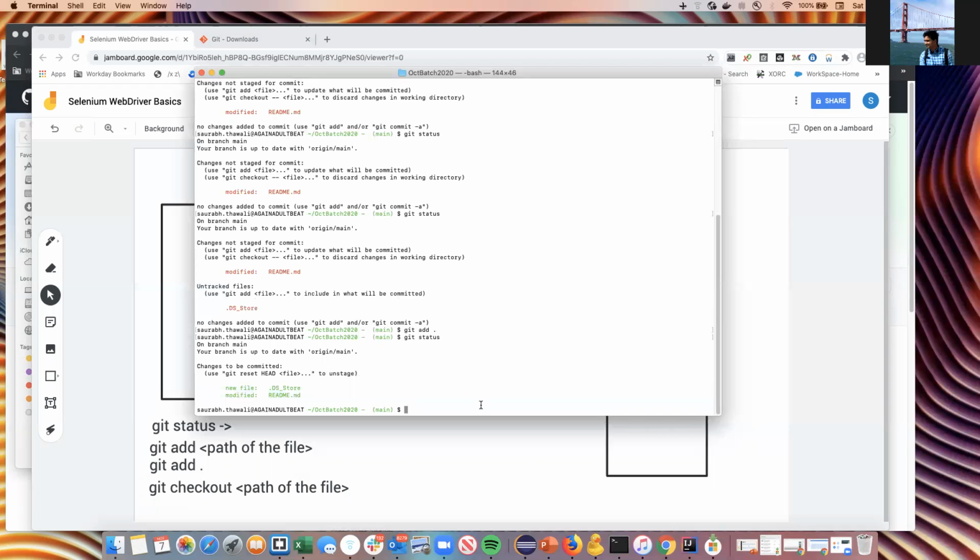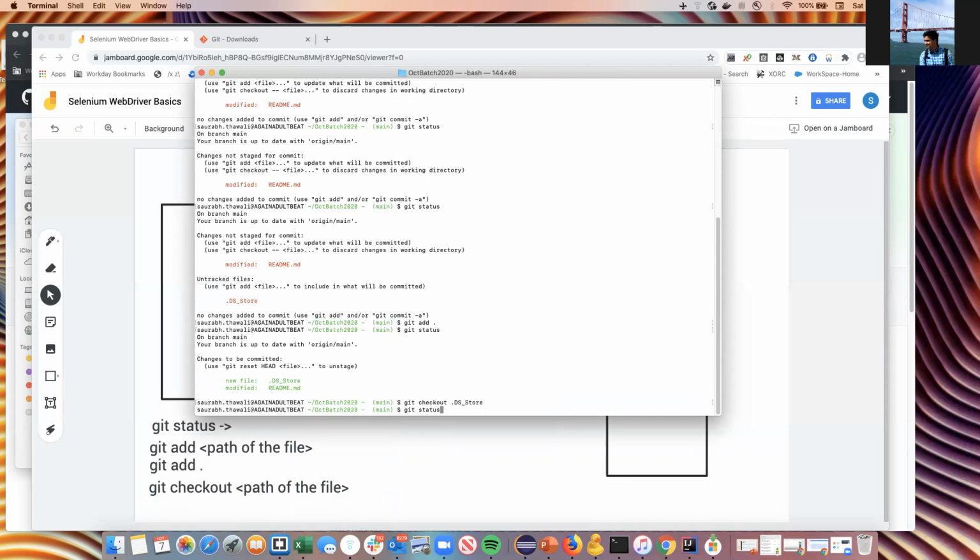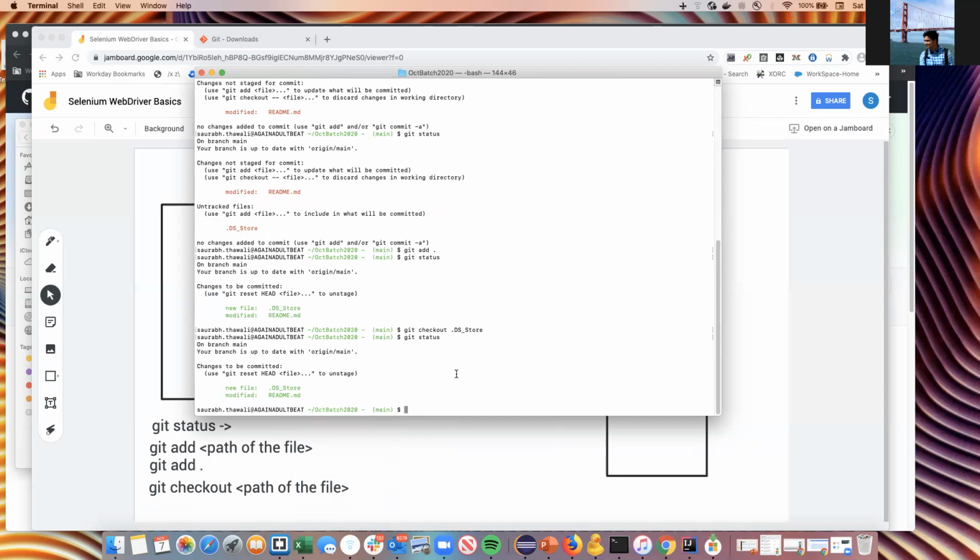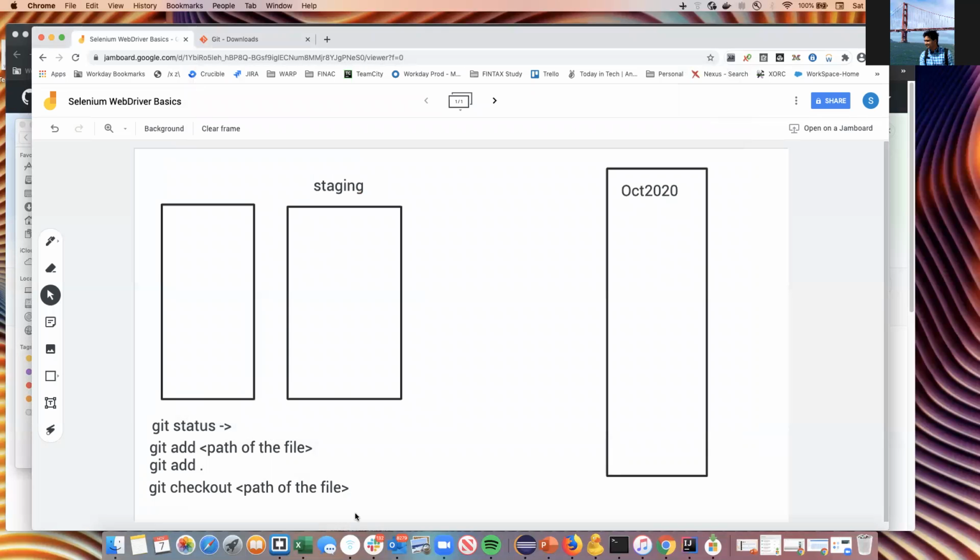If I want to ignore any of these files, then again I'll say git checkout, and because I am in one repository, I'll say dot. Sometimes here it will be a path. Then if I again do git status, it will show me the file which I want to go ahead with. Once you stage everything and see it in green, with git add and then git status,